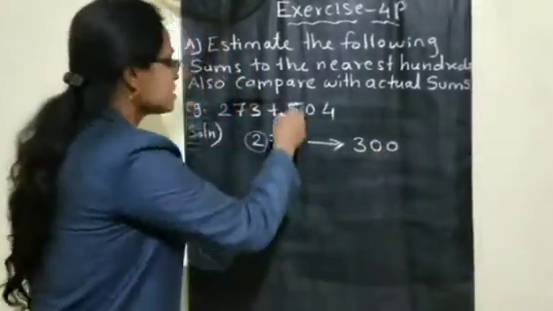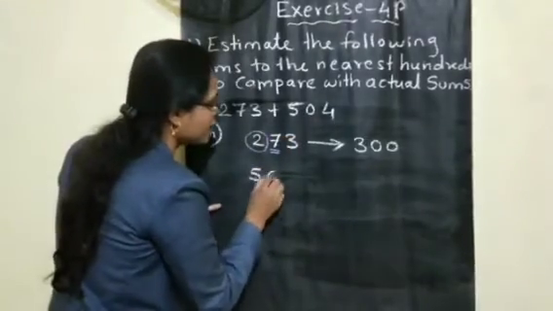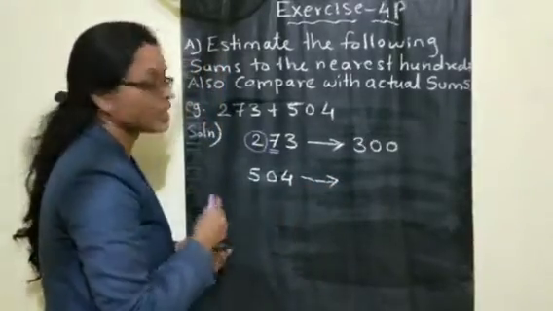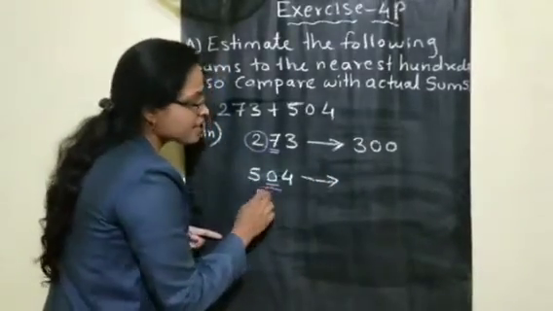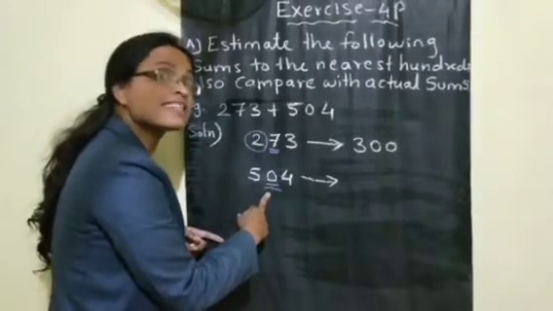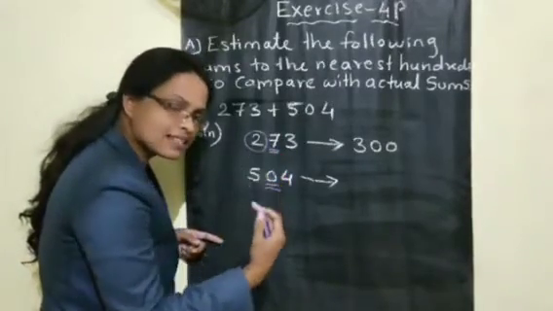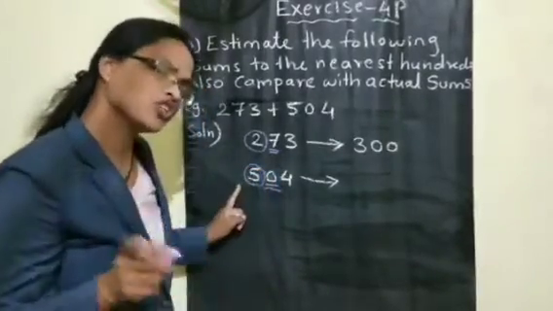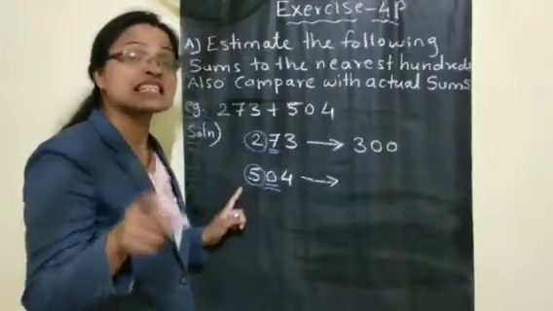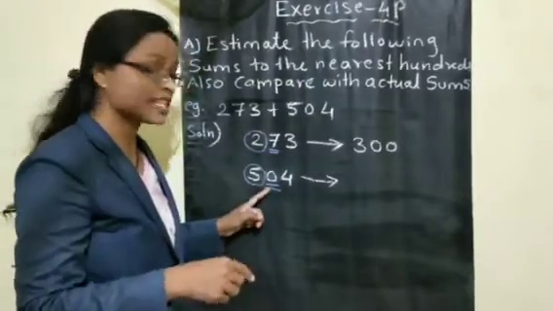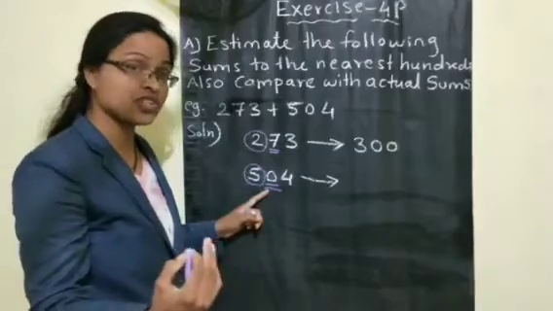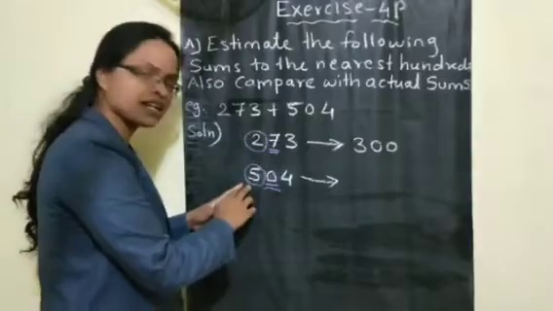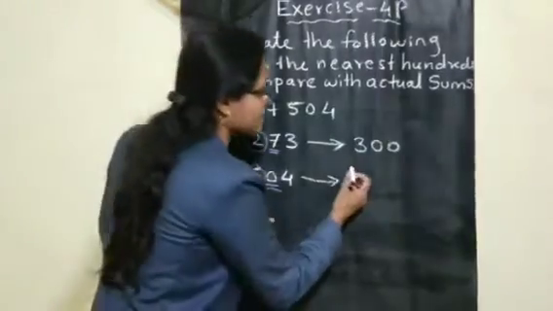Okay. Now let us take the second number, that is 504. Now again 504 we have to round off to the 100 place. So observe your tens place. In the tens place, children, the number is 0. 0 means less than 5. Then will this 100 place number change or remain the same? Yes, it will remain the same because in the tens place the number is less than 5. As we know, if it is less than 5, the 100 place number will remain as it is. Means this 500 will remain as it is.